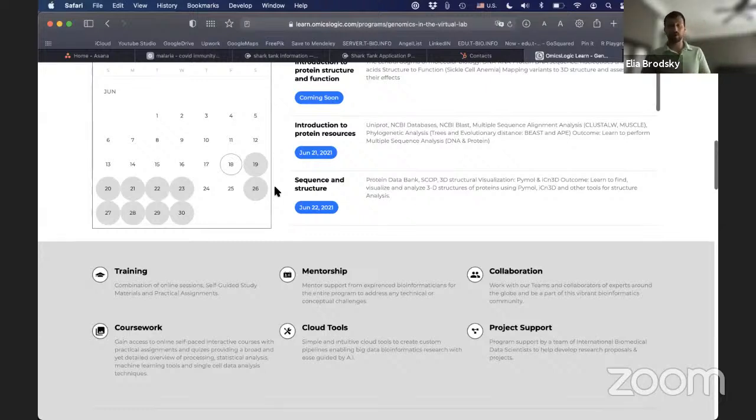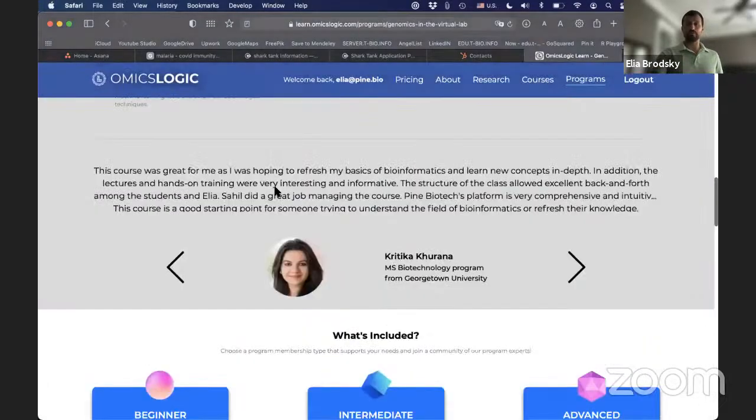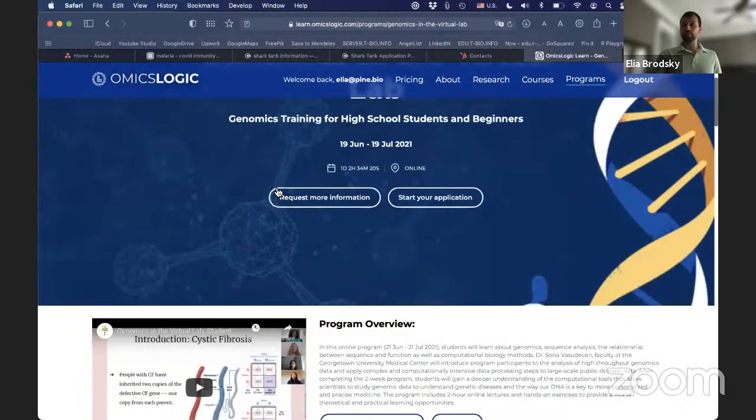So on Monday, we will have our first session, and it will go on for 2 weeks. And during those 2 weeks, you'll be able to learn what you need to know to get started with genomic data analysis. But in the later part of this session, we'll talk about some of the other outcomes for this program as well. So before we continue, we want to mention what the program is going to be like.